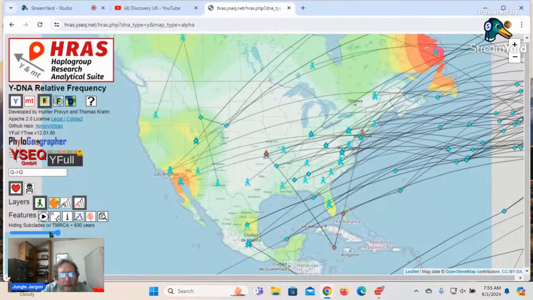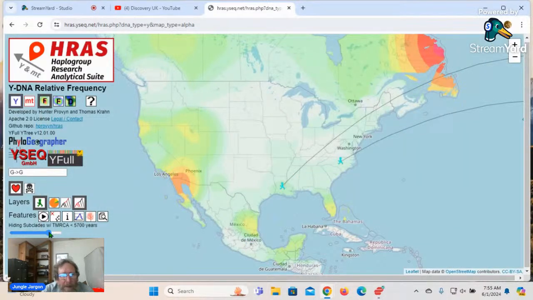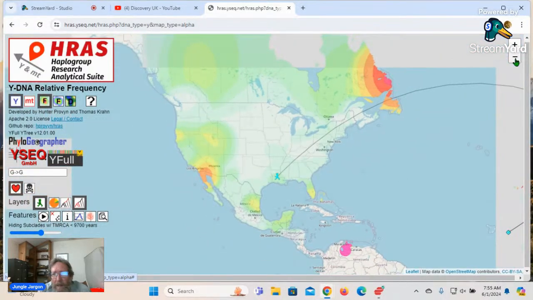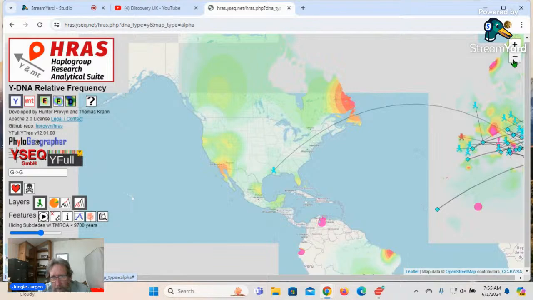600 years, 5,000 years, 8,000 years, 9,000 years, 10,000 years, 10,200 years. So they have a sample in North America that's 10,000 years old. So this G haplogroup may have crossed over with the